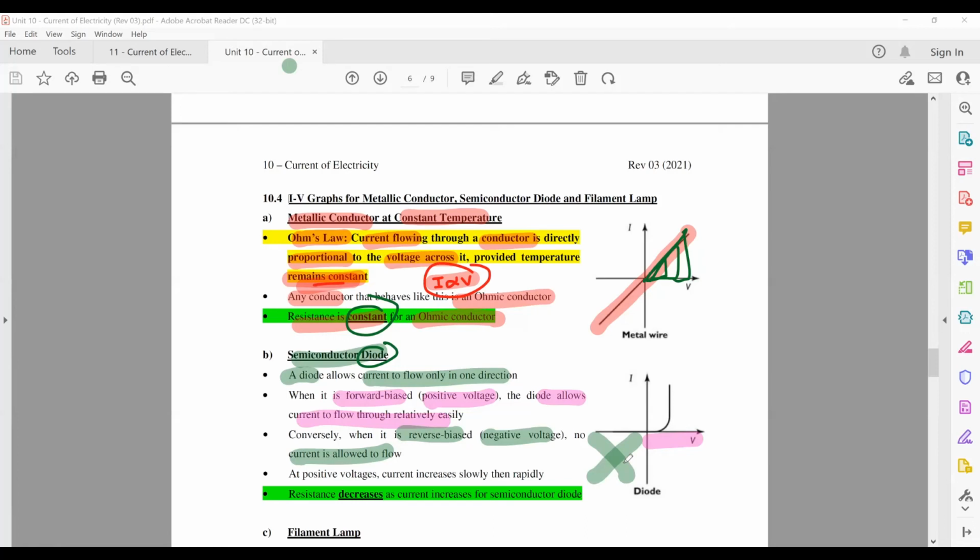Okay, so what do we mean by having positive voltage and negative voltage? Is something like this. This one is your diode. Okay, when you have it like this, current can flow, right? This is what we mean as forward bias. This is where you have positive voltage. Okay, now when you have reverse bias,